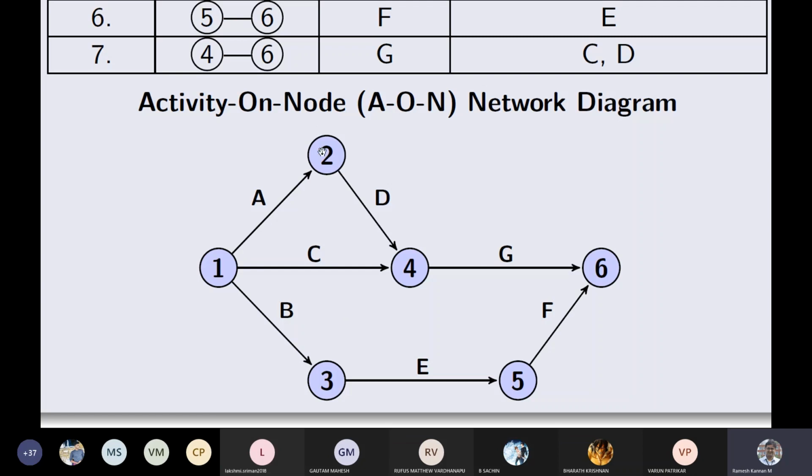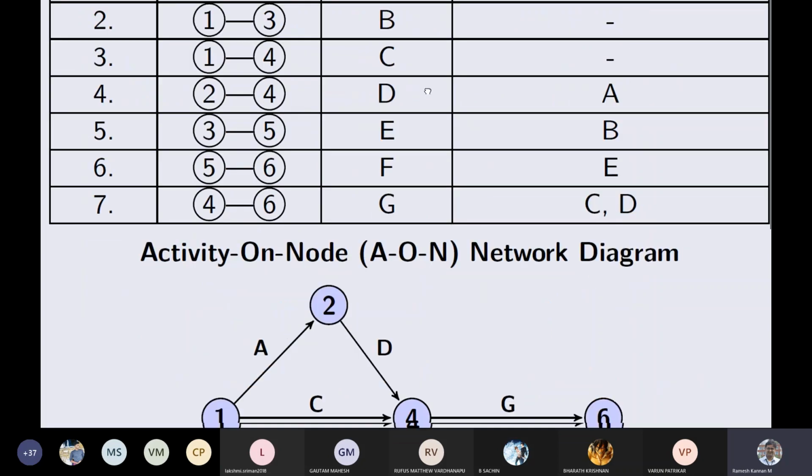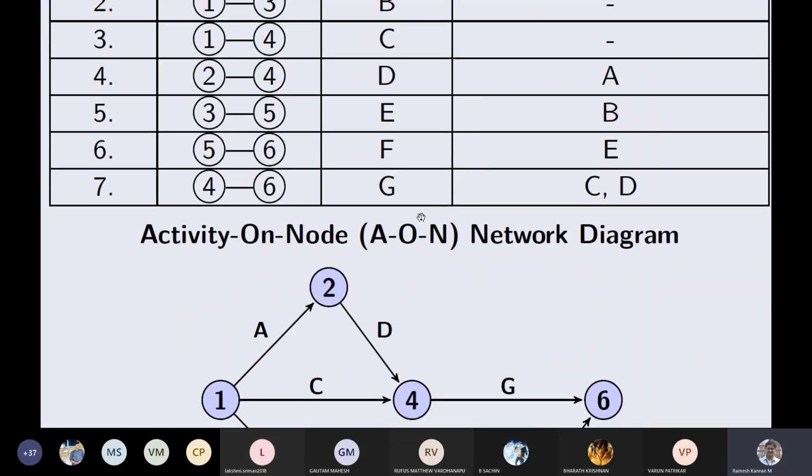What happens if it goes 1 to 2, 2 to 4, and 4 to 1? If this arrow is reversed, then that is called looping. You cannot terminate this network. It will be a trivial process. So those things are called errors in a network. We'll talk about that a little later. But as of now, understand this arrow: being an activity on node, this is actually activity on arrow, so the typo.